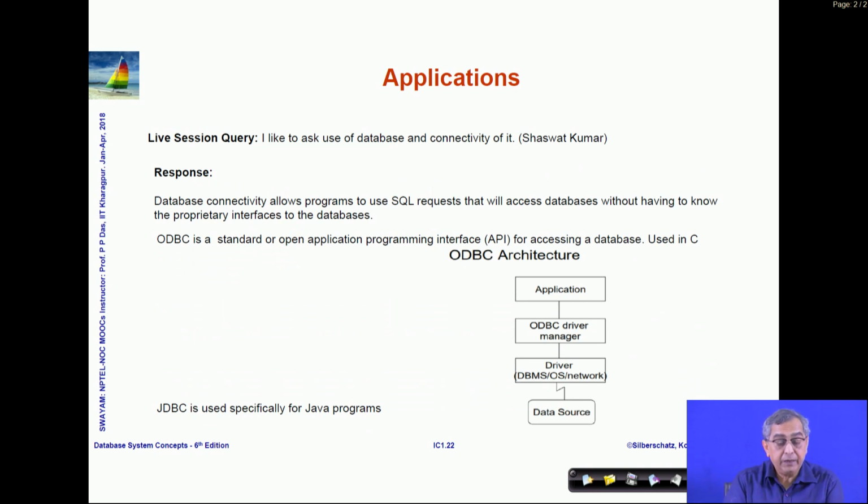Application, I like to ask use of database and connectivity of it. I am not sure, Shashwat Kumar, whether you are asking two parts: whether you would like to ask about the use of database, or you are trying to ask about the use of connectivity for database. If you are asking the first, the use of database, then please refer to the very early discussion in